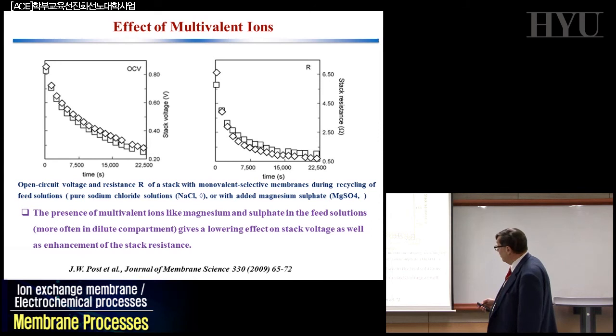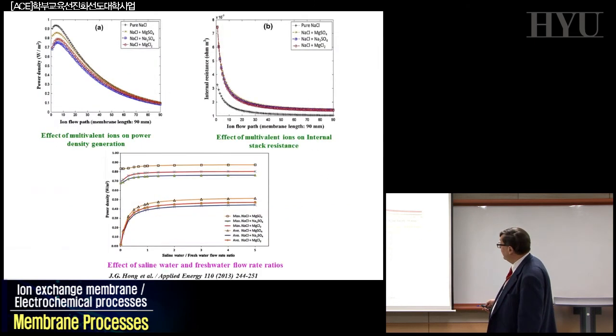So one other part of the analysis we have to do today is the effect of the multivalent ions on the overall resistance of your stack, which means the power density that we can have at the end of the system. And here, the same effect of the multivalent ion on power density generation. You can see here the power density as a function of the ion flow paths for a certain kind of membranes that you have to also to measure this